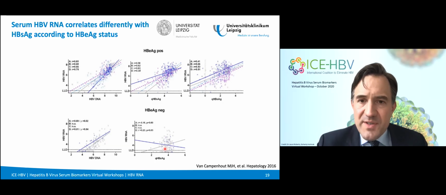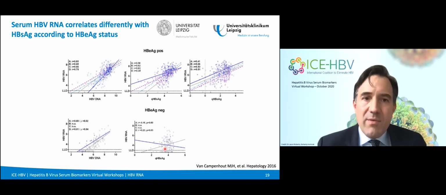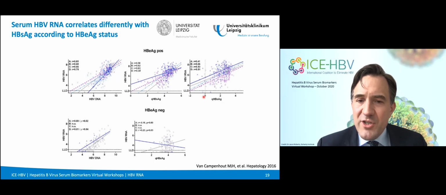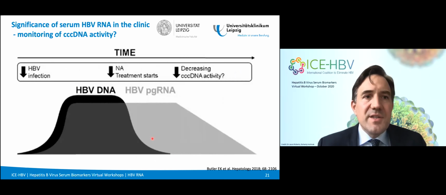And this is very interesting because all of them are products of cccDNA replication in e-antigen positive patients, but this may not be the case in e-antigen negatives, and it may be helpful to distinguish between S antigen and other replication markers. So the significance of serum HBV DNA in the clinic: is it a good tool to monitor